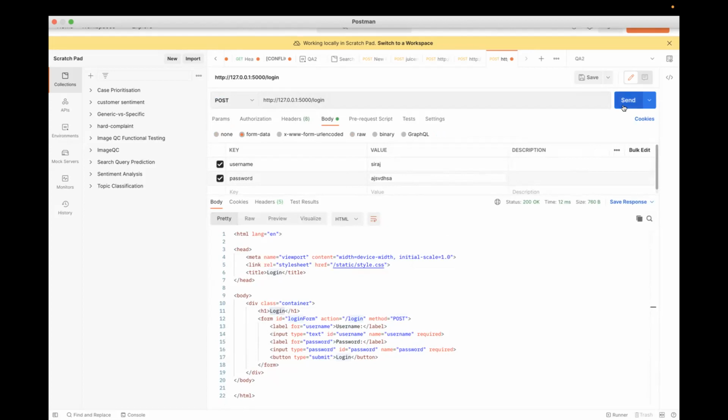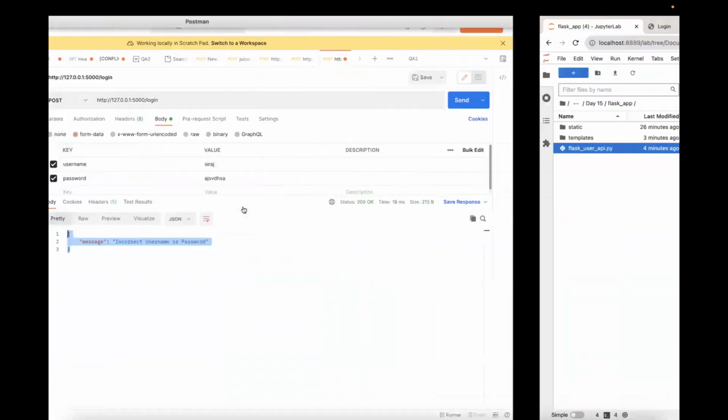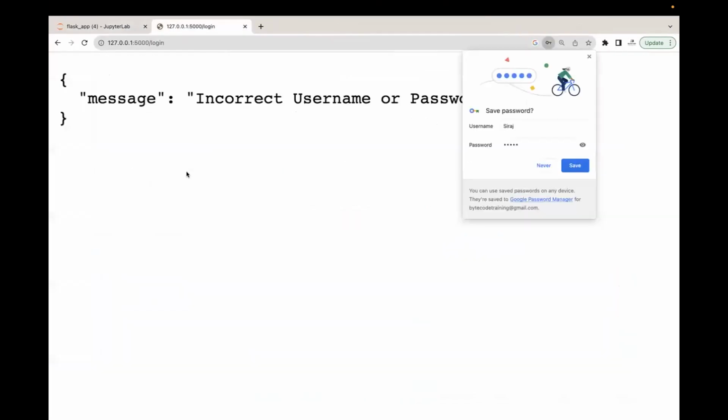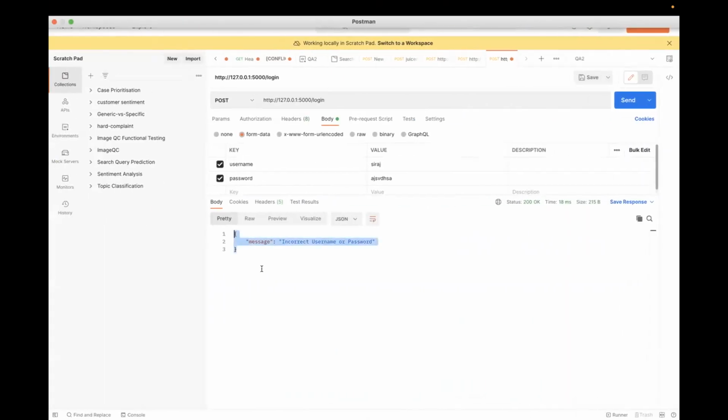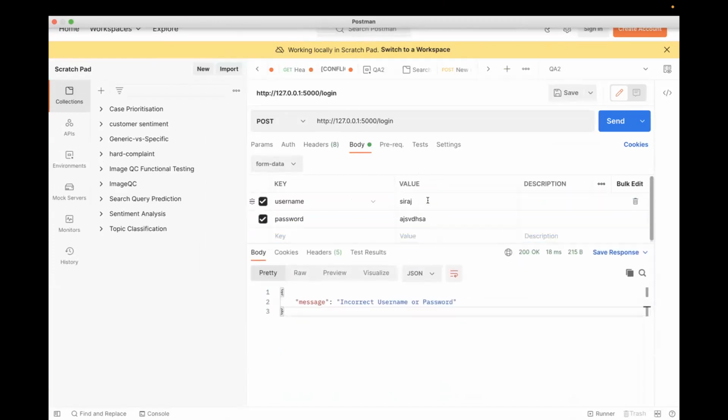If I now send it, you will see the same exact response we are getting here. The JSON response which I'm getting here, I'm able to get it here too. If I give the proper name and proper password,